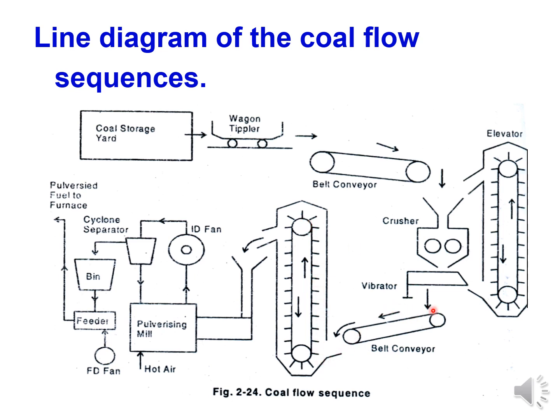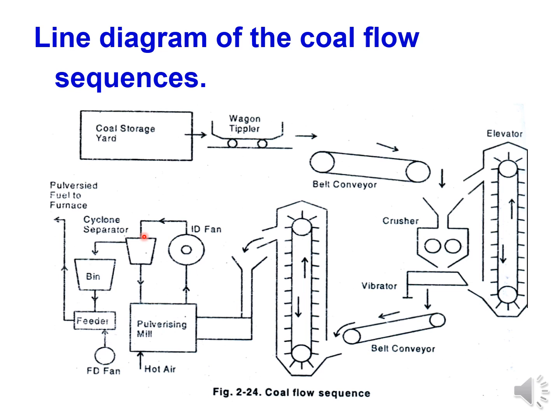So two bucket conveyors we have, two belt conveyors we have, a crusher, and a tippler. In this they are going to dump into the pulverizing mill. Again here, with the help of the ID fan, that is an induced draft fan, it is going to pick it into a cyclone furnace.